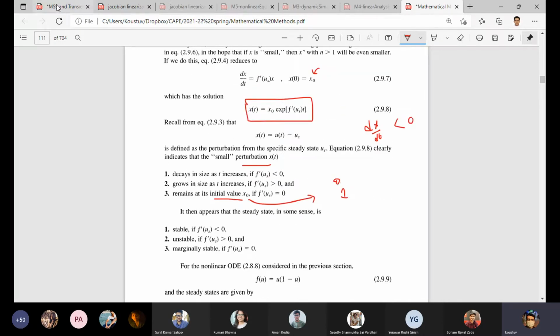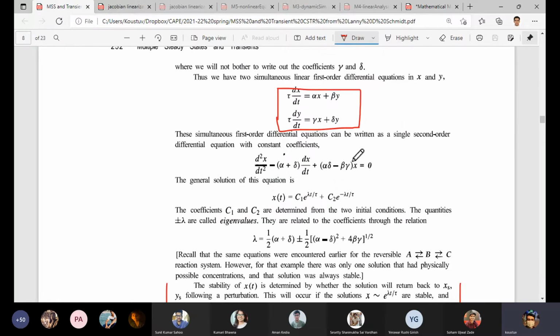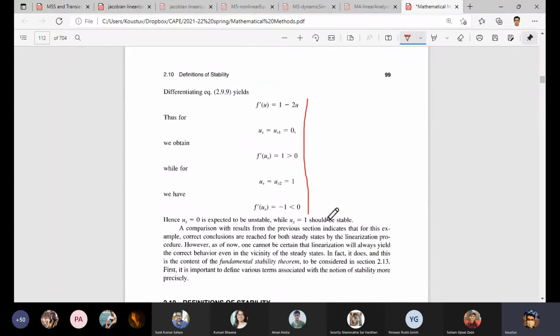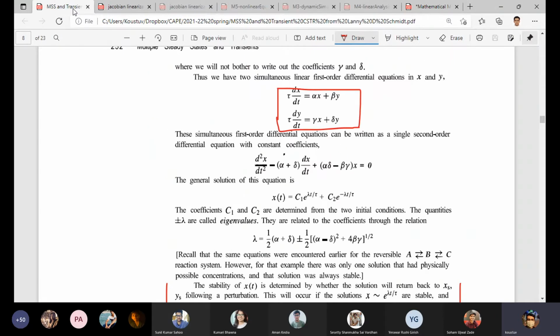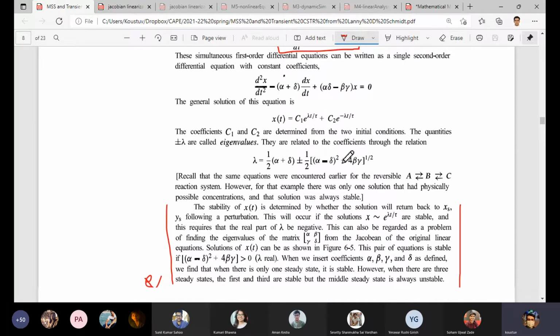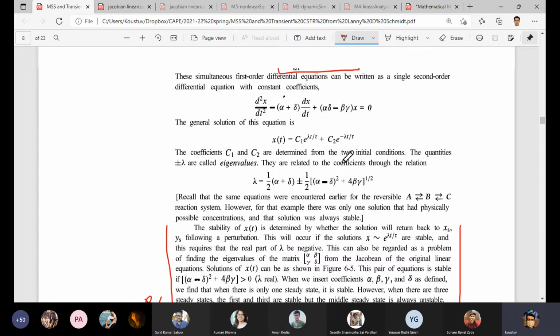So just see here what exactly is happening. We have also obtained a similar thing like this, and we can just do the analysis like this, and we can see which steady state points are unstable or which steady state points are stable. For the single valued case, it is easy, but if there are two or three simultaneous linear ODEs, then a matrix technique or the eigenvalue calculations are much more efficient. So what is that eigenvalue calculation?